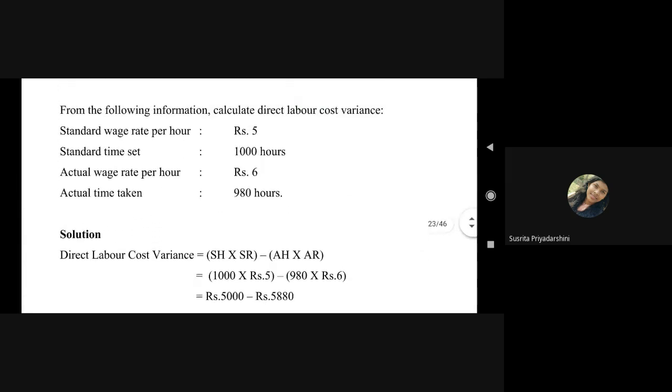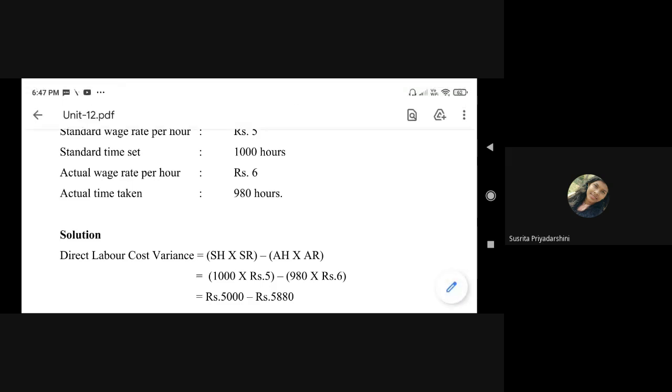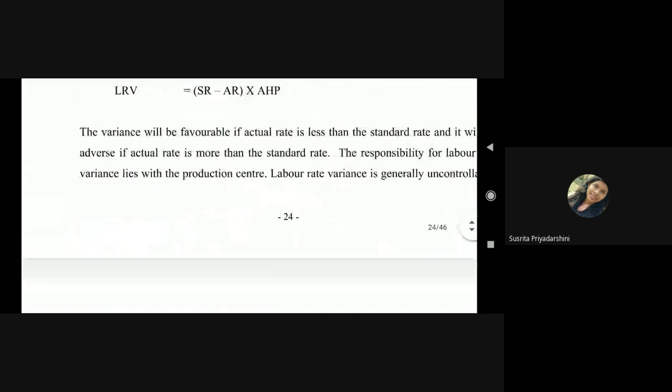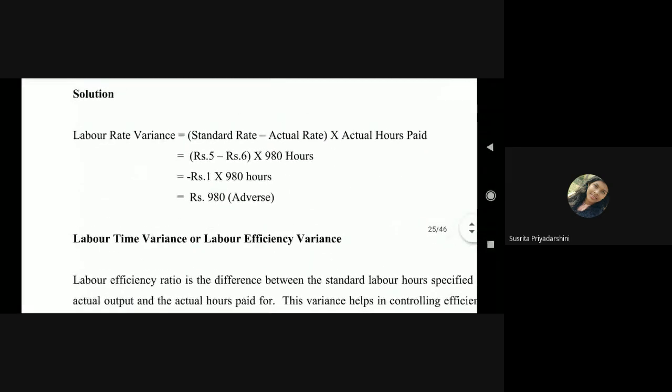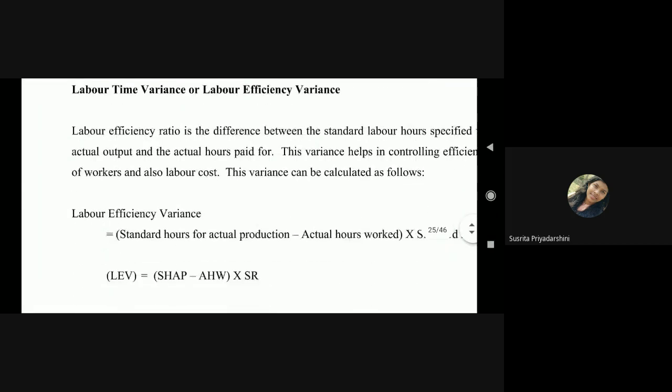So by applying this particular question in finding out the material price variance, sorry, labor rate of pay variance, you can find out the actual time taken 980 multiplied by standard minus actual 5 minus 6. So कितना आ गया? -1 multiplied by 980. So minus 980 or 980 adverse. So here you can see the result 980 adverse. Okay. Next आ गया